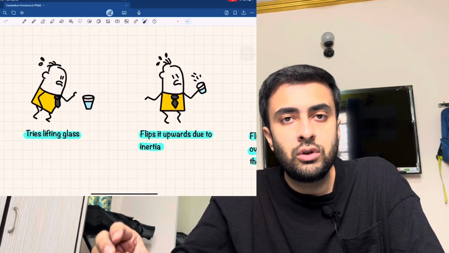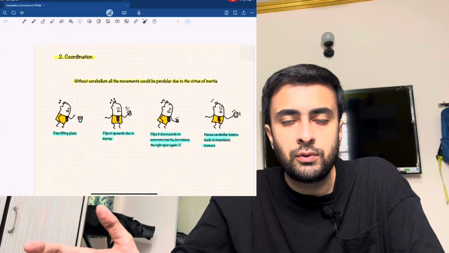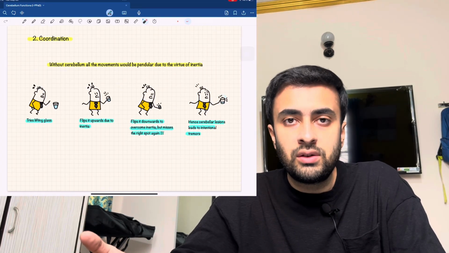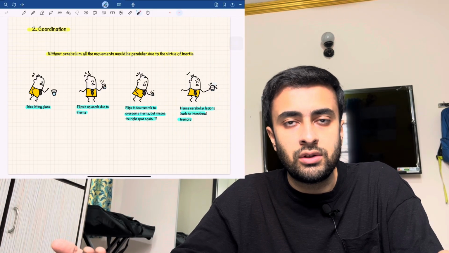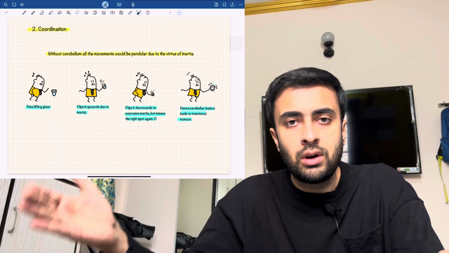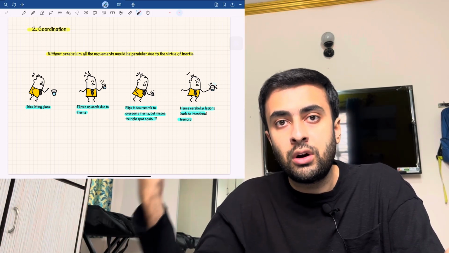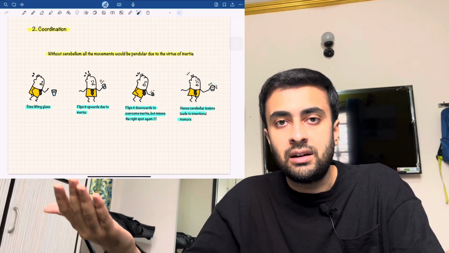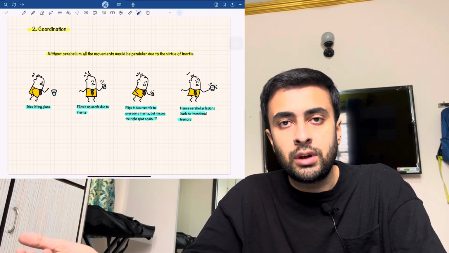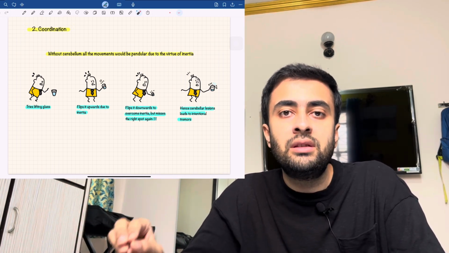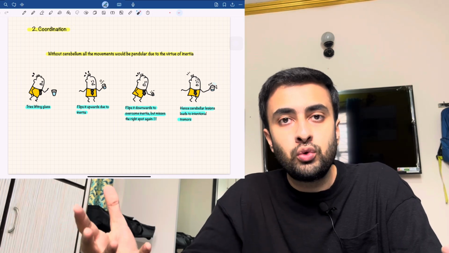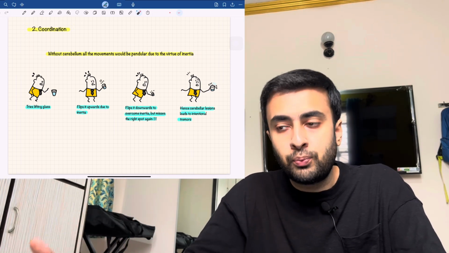So we continue with the function of coordination before moving on to the next function. Here we are going to understand that all of the motor movements that we perform are pendular in nature by virtue of inertia. For example, when you try to raise your arm, because it has set a motion, it tends to overshoot beyond its trajectory than what was intended. Remember this point, that all movements are pendular and we try to maintain a balance to prevent